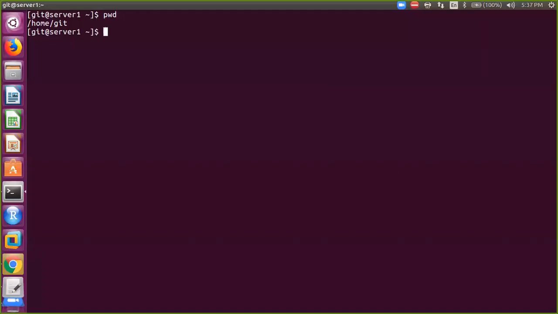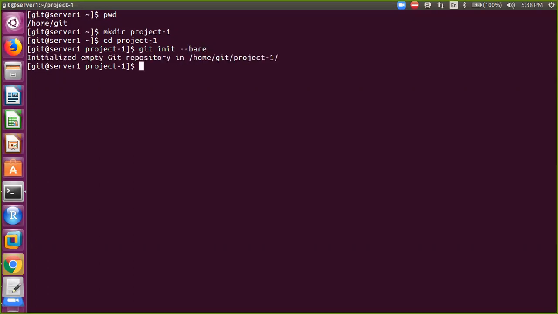Now let's create one project directory over here. mkdir project1, then cd project1. So here, which command do I need to use? git init --bare. Git init --bare. Now if you run ls,